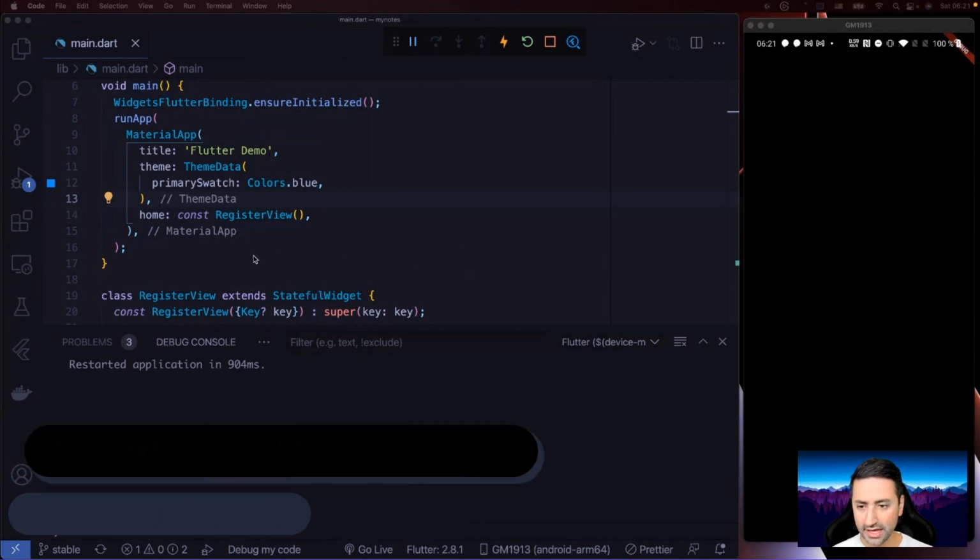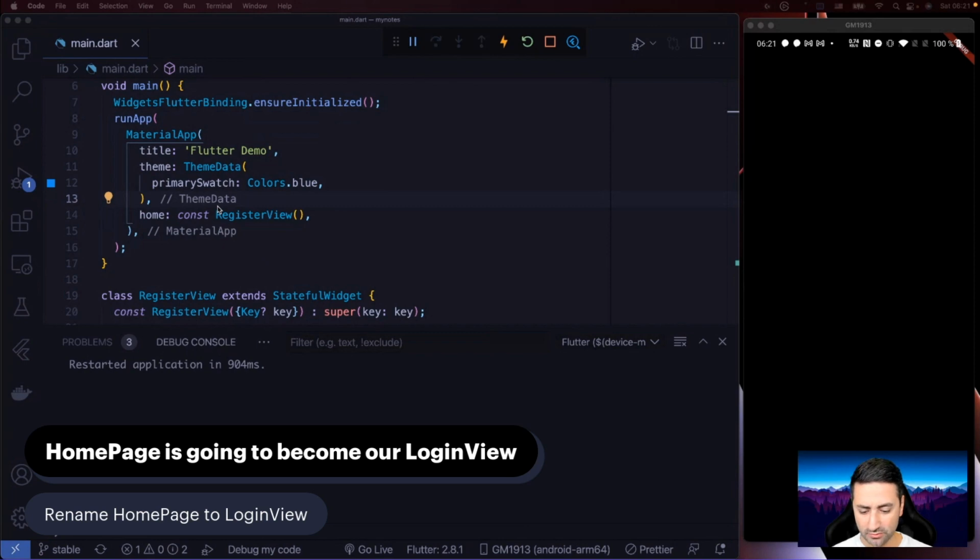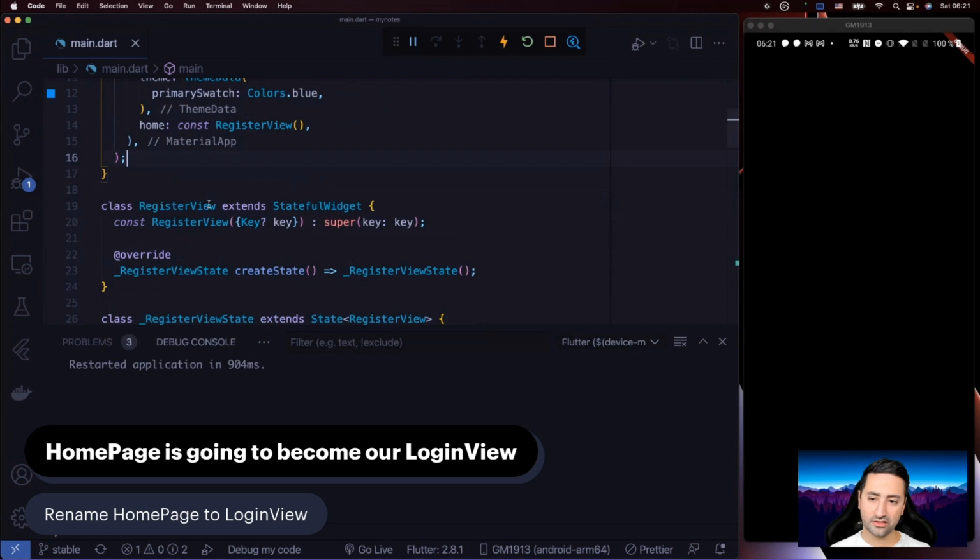So what we'll have to do here now is to rename our homepage to our login view actually. So we have a new registration view, which we're going to write the code for, or actually place the code from the previous homepage into register view. And we also need the homepage to be renamed. So it's very simple. I mean, there's lots of renaming, putting things here and there, but we're just playing with